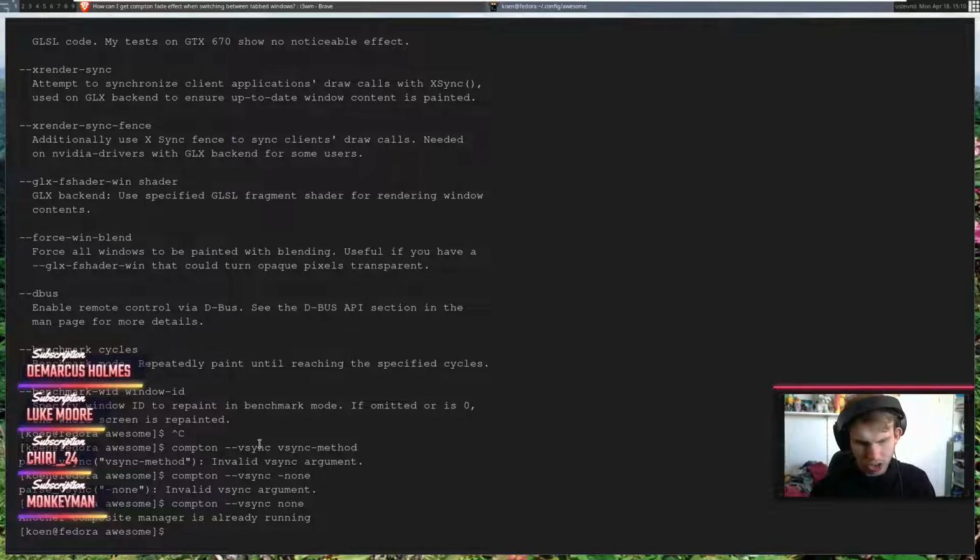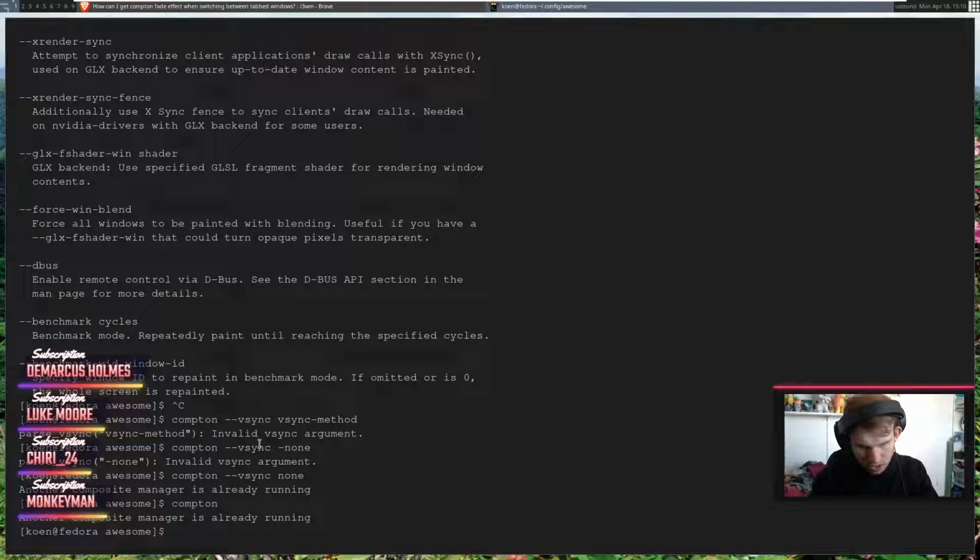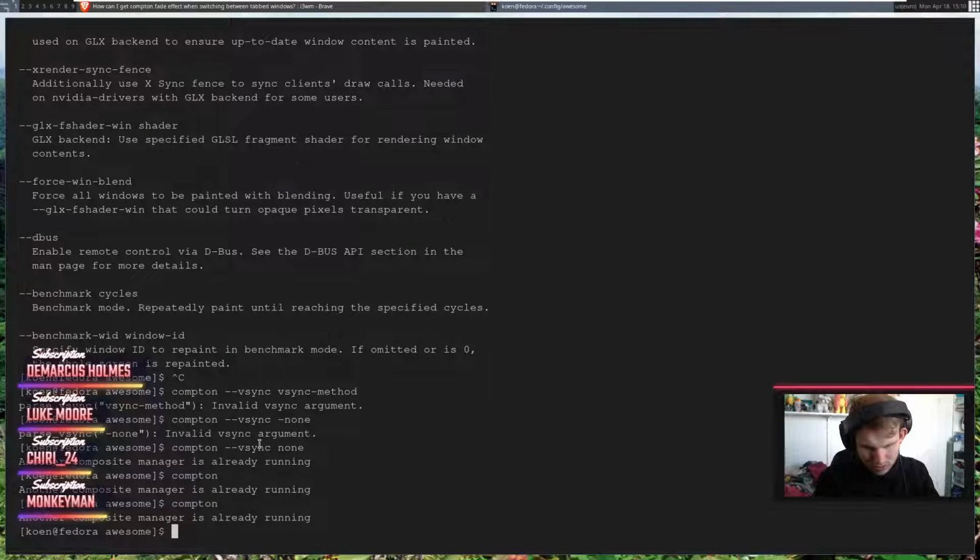Another composite manager is already running. Why is there? What other composite manager? What did I do? Can I just... It just doesn't work. Okay. Hang on. How is there another composite manager already running? I don't even...